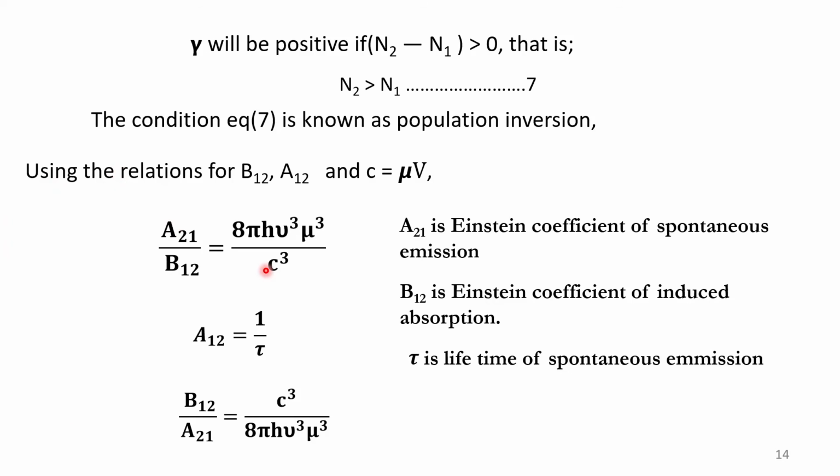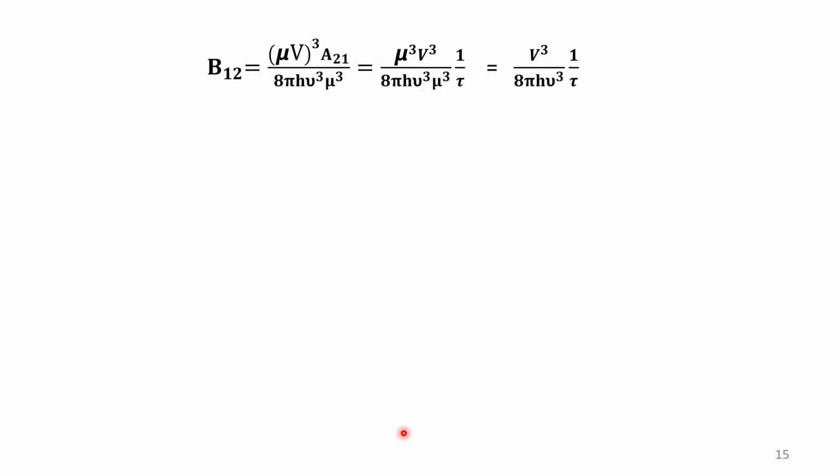Now by taking the reciprocal of this ratio, we can write B12 divided by A21 equal to c cube divided by 8 pi h nu cube into mu cube. We can express it in terms of B12. Therefore B12, and by substituting the value of c here, B12 is equal to